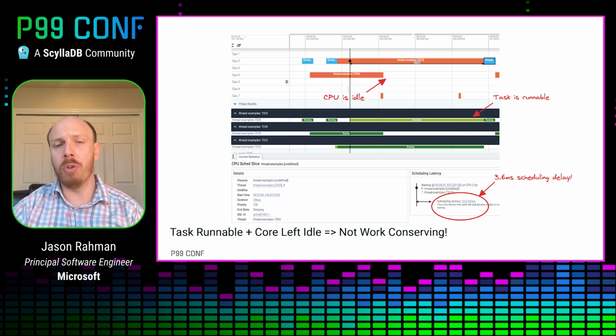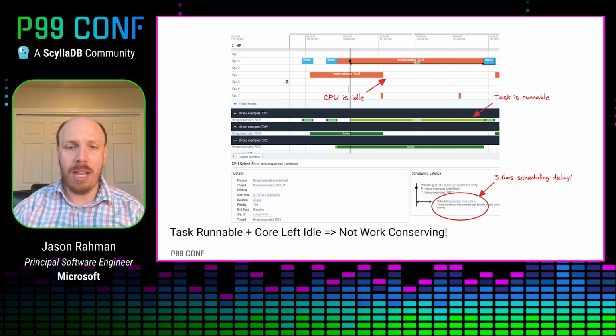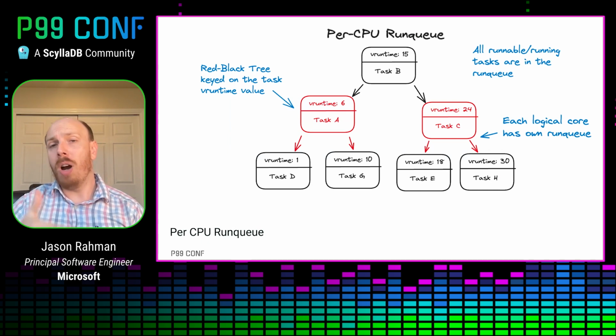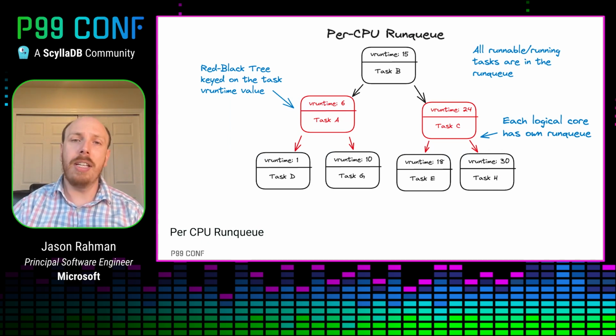There's a free CPU core available on CPU 4, but yet this latency-sensitive task is left waiting for CPU. So clearly this is not a desirable behavior. So let's go ahead and keep analyzing this a little bit more. So the background to all of this, and the reason why we see this behavior, is that every CPU in